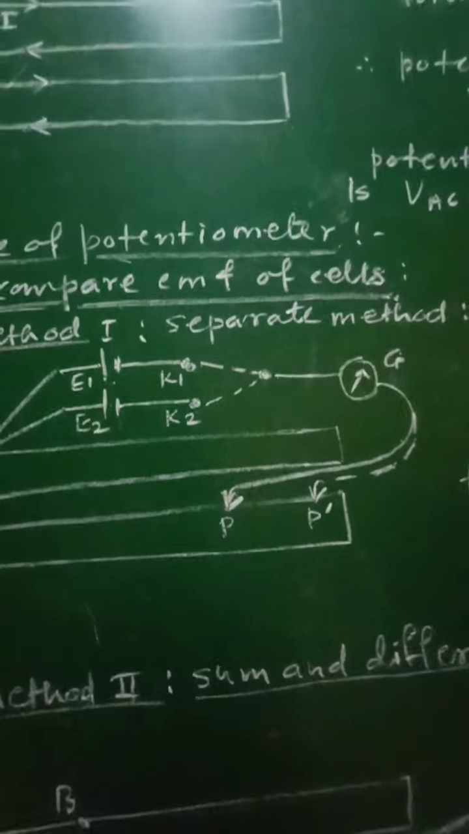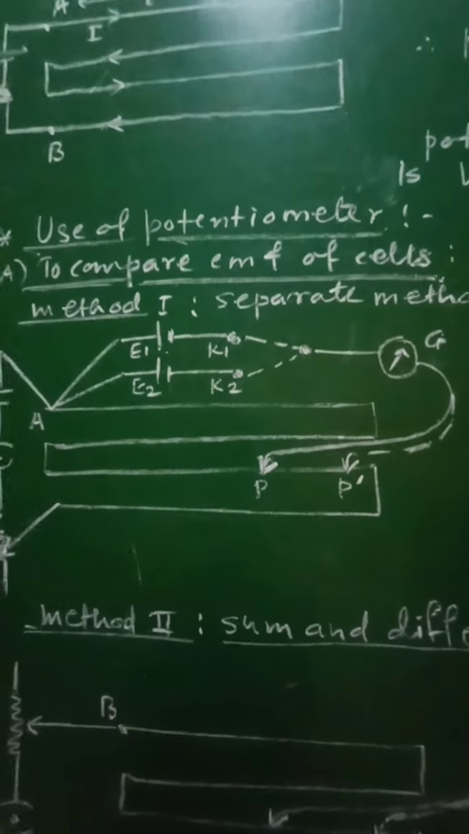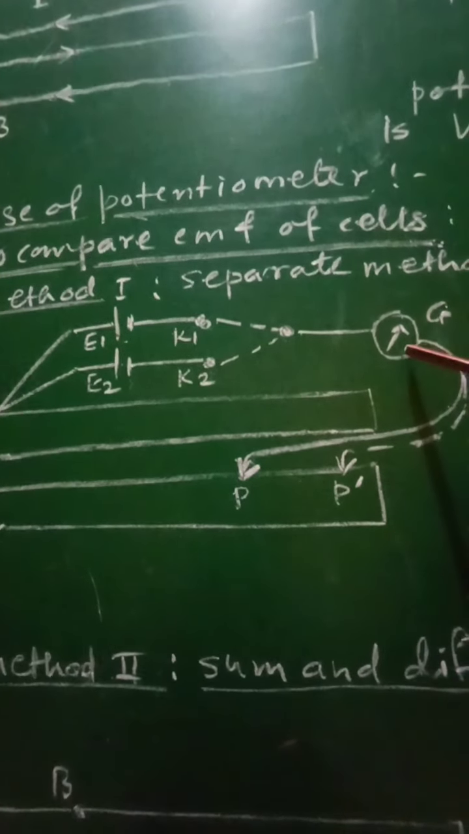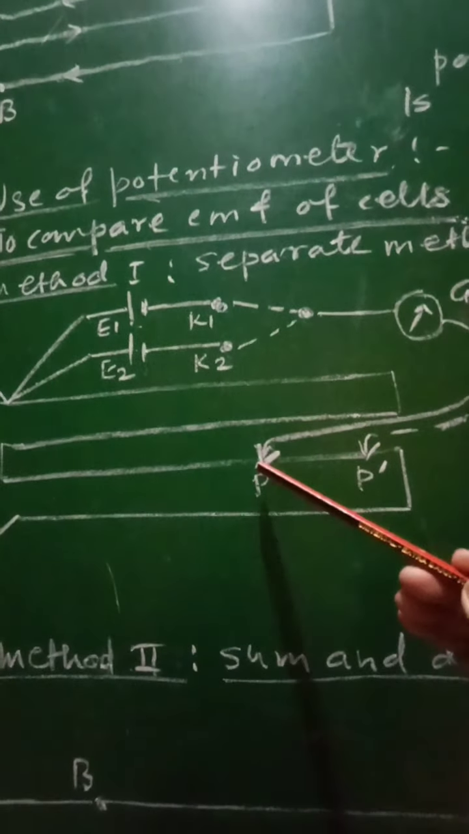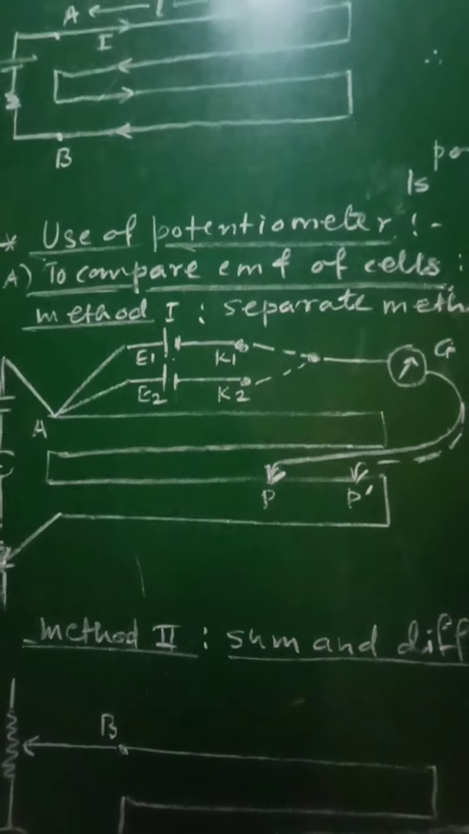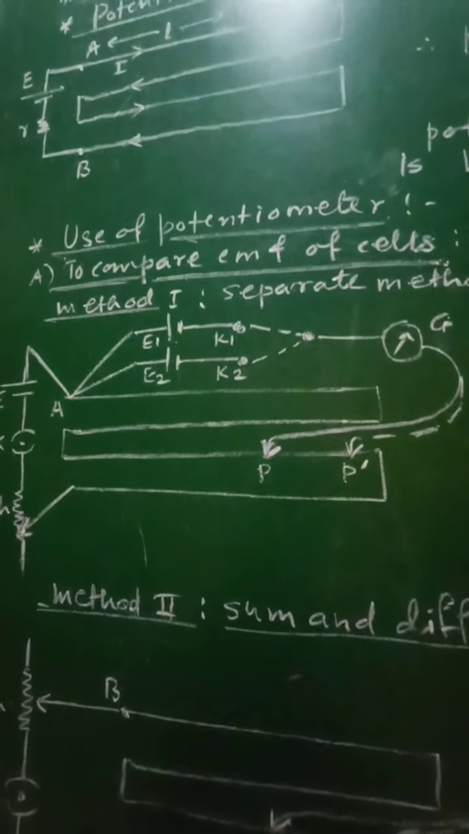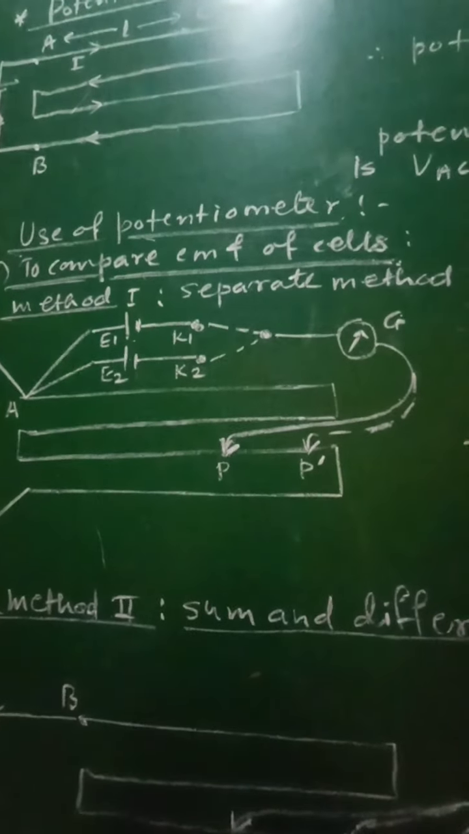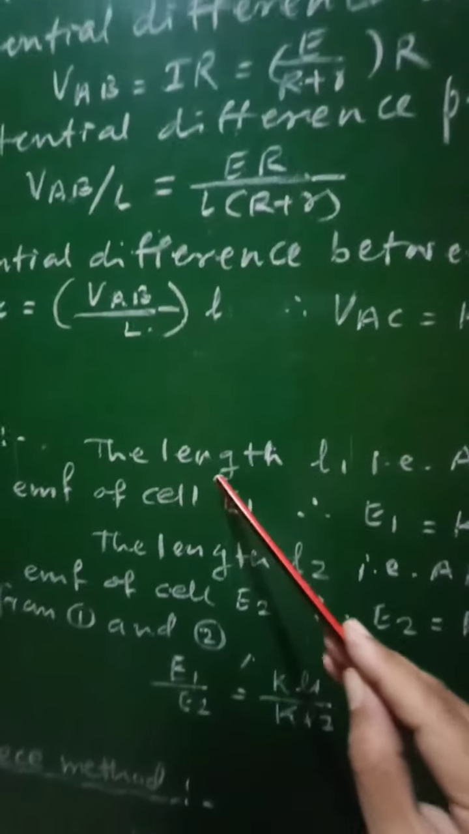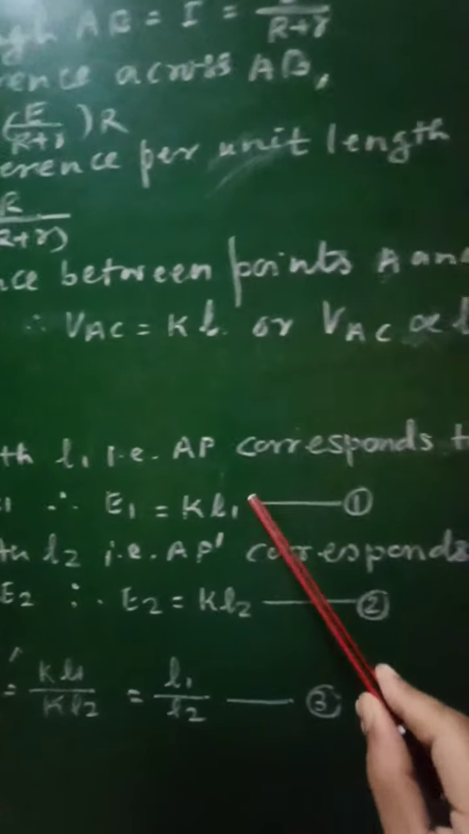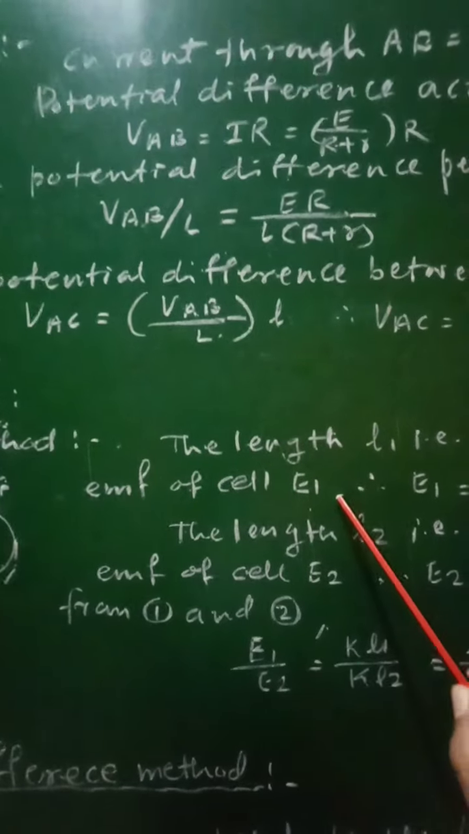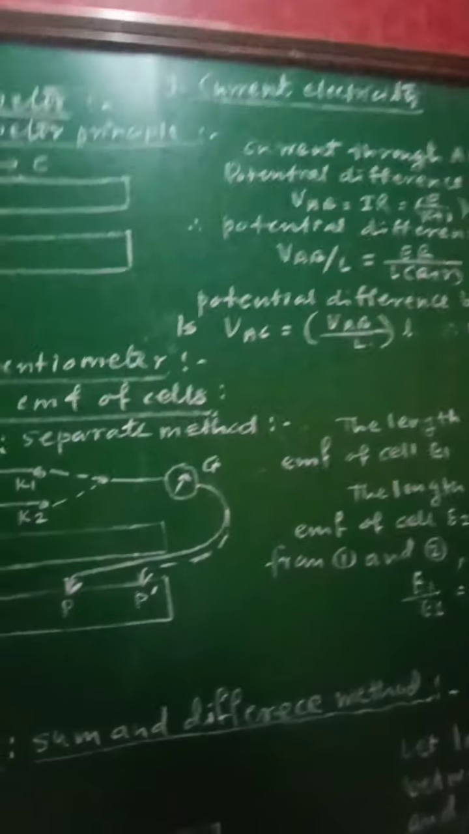Now when this jockey is touched at different points along the length of the wire, suppose at point P, the galvanometer shows null deflection, so that point P will be the null point, and therefore let the length of the wire AP from terminal A to point P, that length, be equal to L1, and therefore the length L1, that is AP, corresponds to the EMF of cell E1,